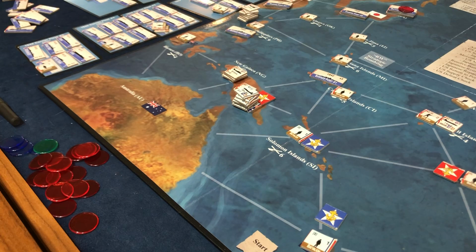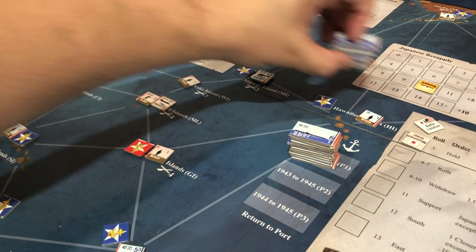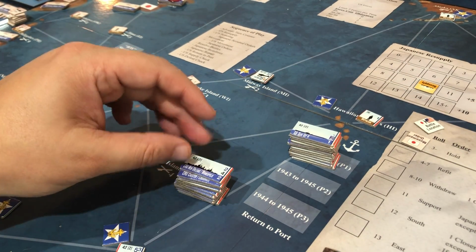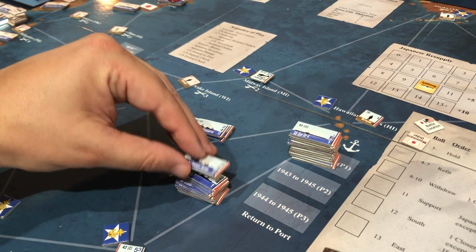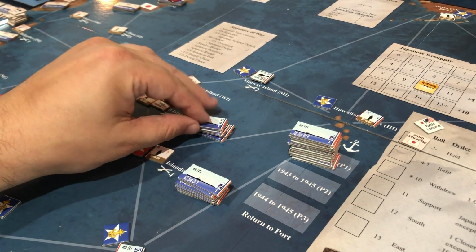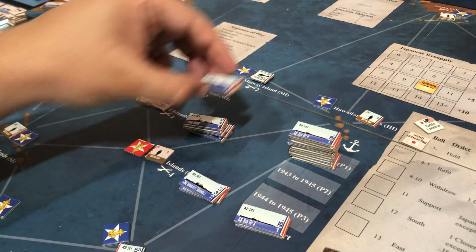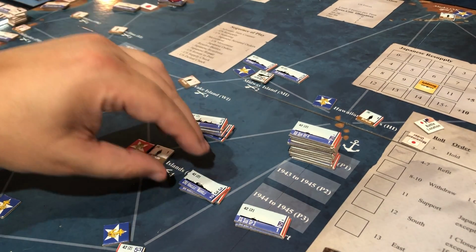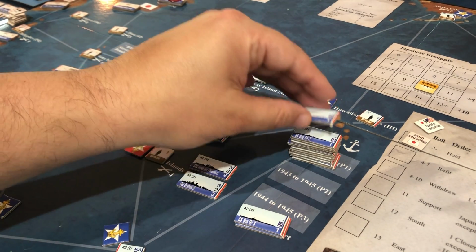So, okay, what do we do with our ships? Well, now this gets into the next part of the strategy. Last time I stayed in Midway, and I think it paid off. I thought that was a good plan. I'm going to set these aside. So what I did was I put 2 destroyers in Midway, and then, oh boy, I think I put,